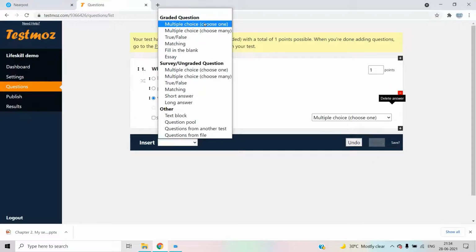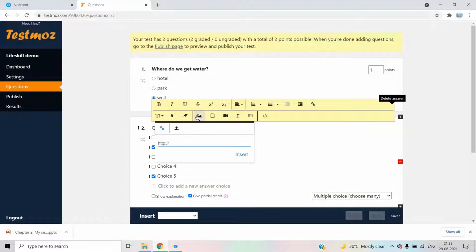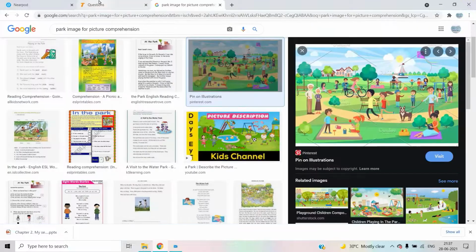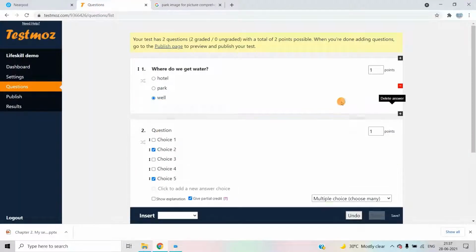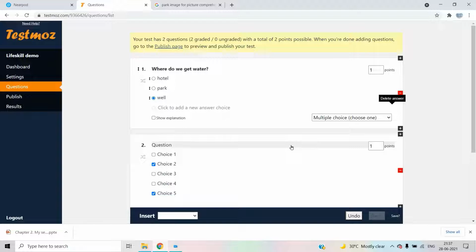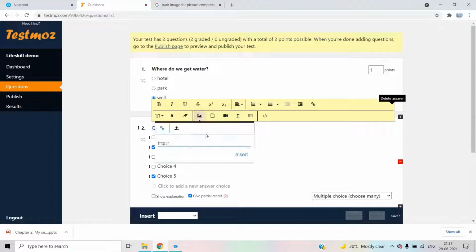Next, you are going to enter multiple choice, choose many. So here you can see insert image here. That also you can insert. If you are an English teacher, if you want to add any picture comprehension question, that also you can add like this.